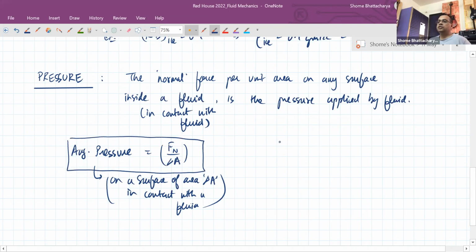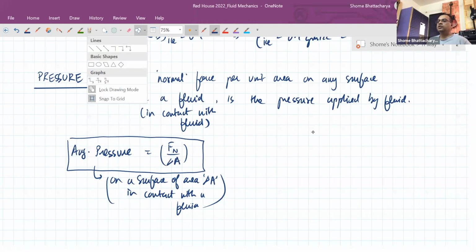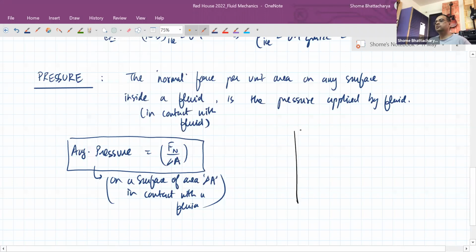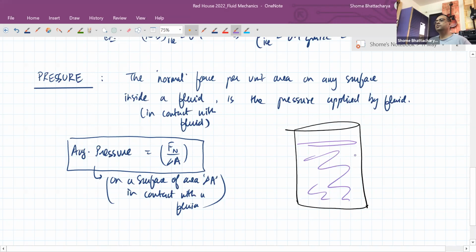Okay, so let's say we've got a container which has water or some fluid like that. And at this stage, the fluid need not be even ideal. It could be a compressible fluid also. It hardly makes any difference, as we are defining the general property of pressure. Now imagine we've got some kind of a surface inside it. Like you might just have a piece of paper which is sort of sunk in it, or you might have, let's say, a tile which you placed inside it.